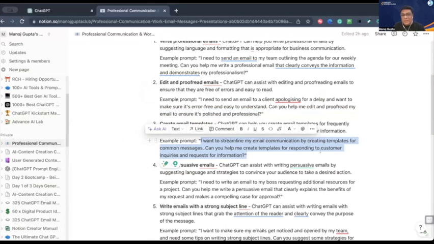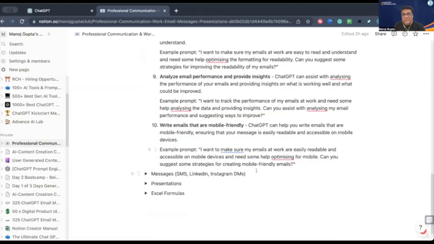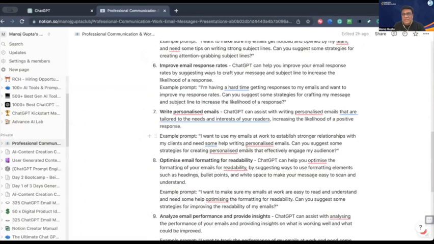तो I want to streamline my communication. उसका स्ट्रक्चर कैसा होना चाहिए, उसका फॉन्ट कैसा होना चाहिए, उसका अलाइनमेंट कैसा होना चाहिए, कंटेंट क्या होना चाहिए, that all you can do using the template. All right. So there are a lot of things there. So I have created almost 10 different emails for you. That mostly covers everything you are going to do on the email front.